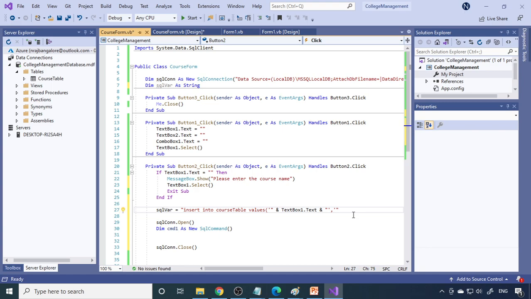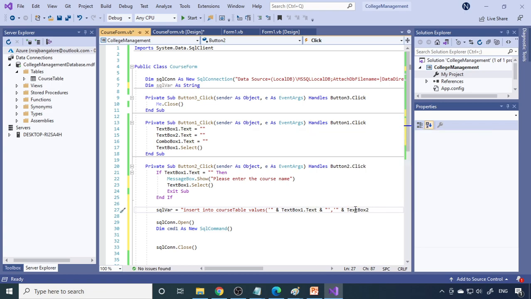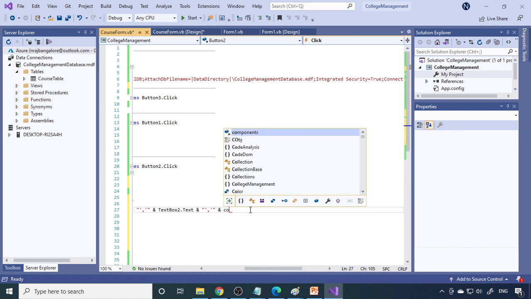Again single quote because now you need to start with the second column. And this is text box 2 where the detail is available. Dot text, again ampersand, double quote, single quote, comma. Right. So again single quote for the last column. And this one is a combo box.